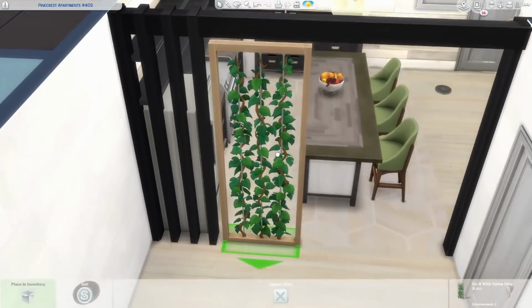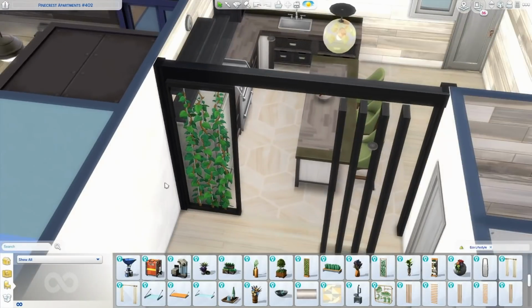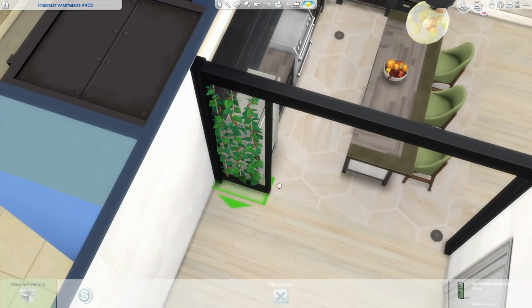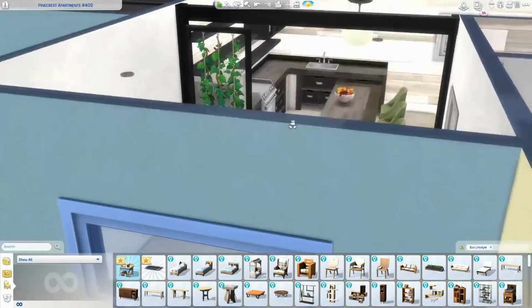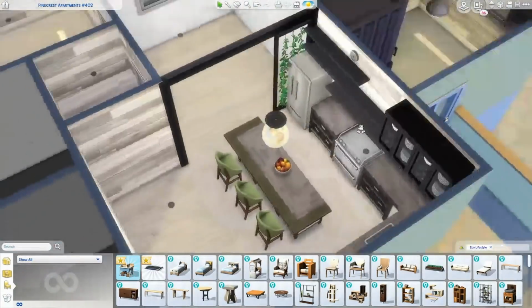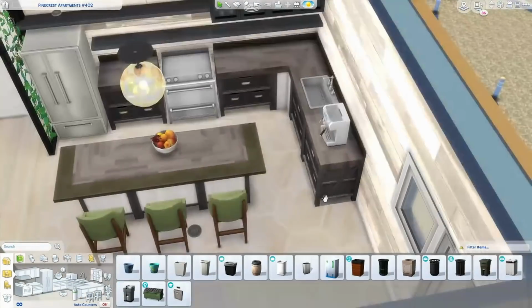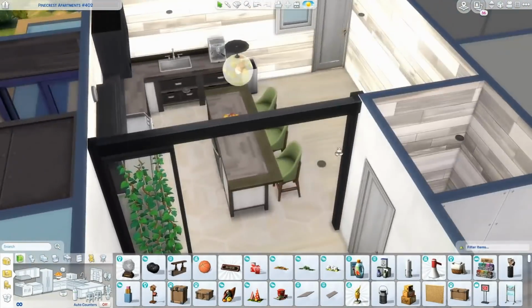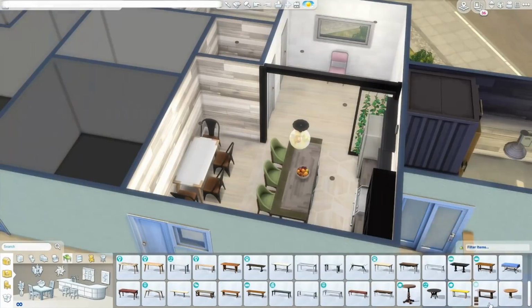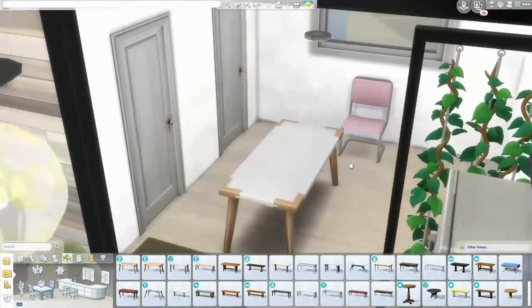So that's the kitchen. We didn't get any new kitchen stuff with the Eco Lifestyle expansion pack, which to me is a little bit disappointing because I love kitchens and I think that more kitchen stuff is always better. But I did build this on stream, by the way, and people in the chat were making a pretty good point, and that was that kitchen stuff is sometimes a little bit more difficult for the Sims team to make